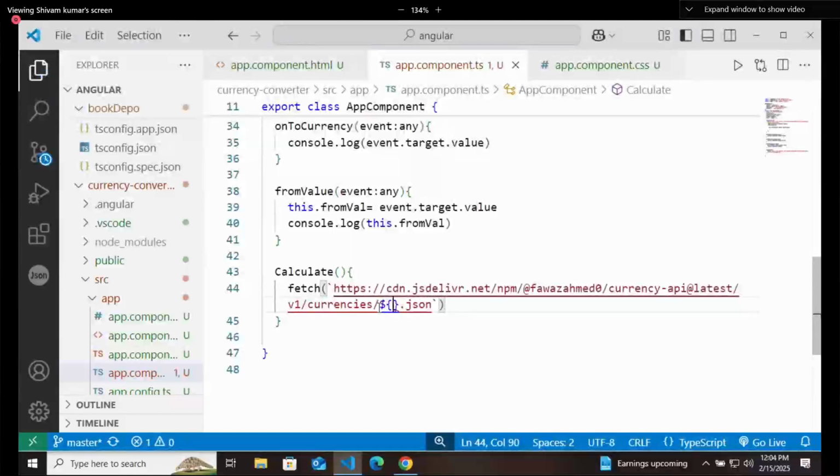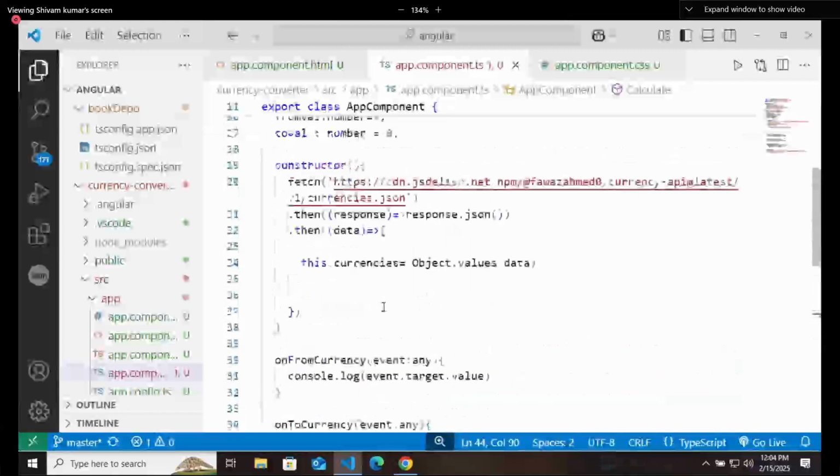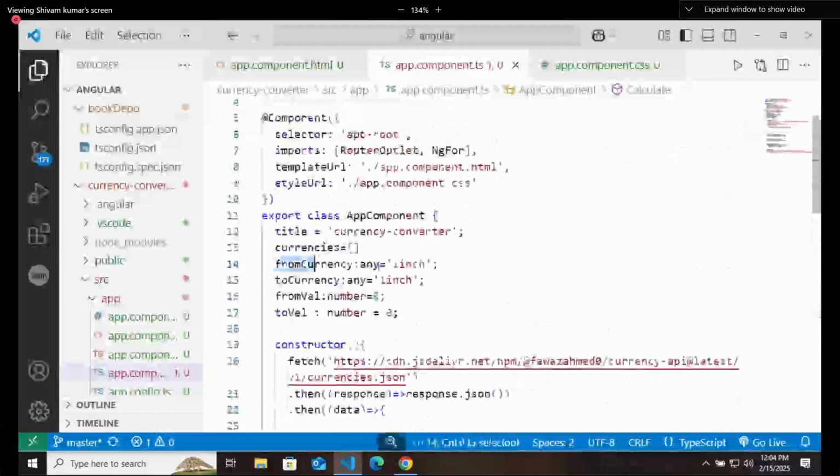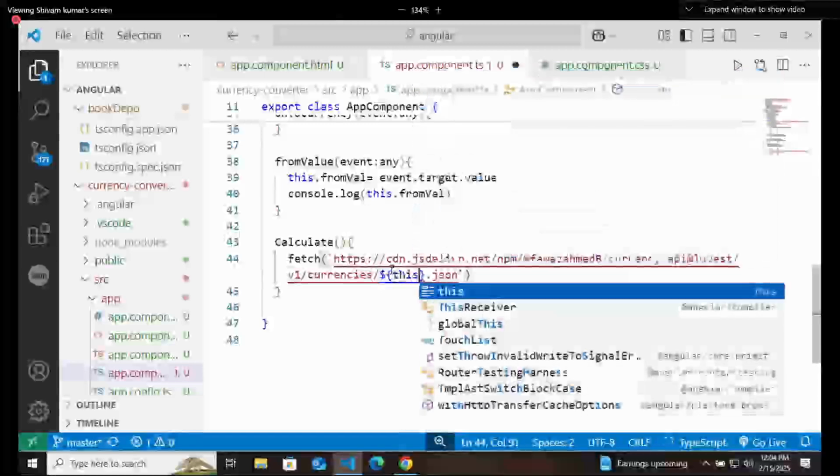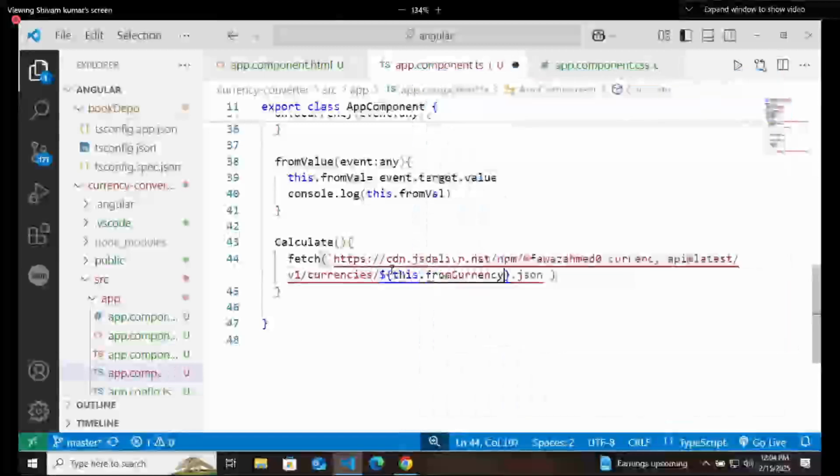Okay, got it. In which particular field are you sending the value? You are setting the currency in the from currency field. So here I will write this dot from currency.